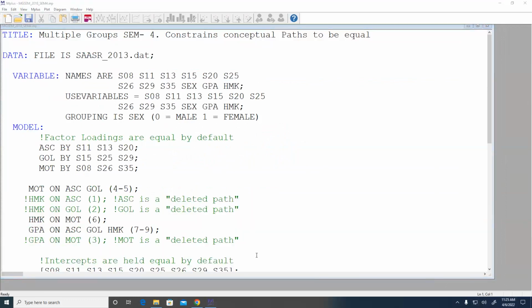yeah, this is why I used a number. This is a really good point. And by the way, I don't want to tell you how many years it took me to figure that one out, because I can honestly say I used M+ for a number of years before I figured out I could do that. But yes, this is a reason that numbers are nice, right? Because I can go like 4 or 5 and 7 through 9. Especially if you've got a really big measurement model with bajillions of items, it can be really quite handy.